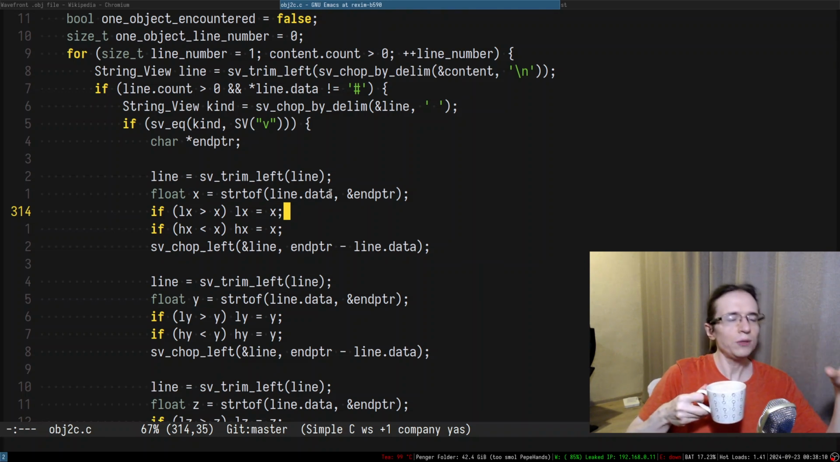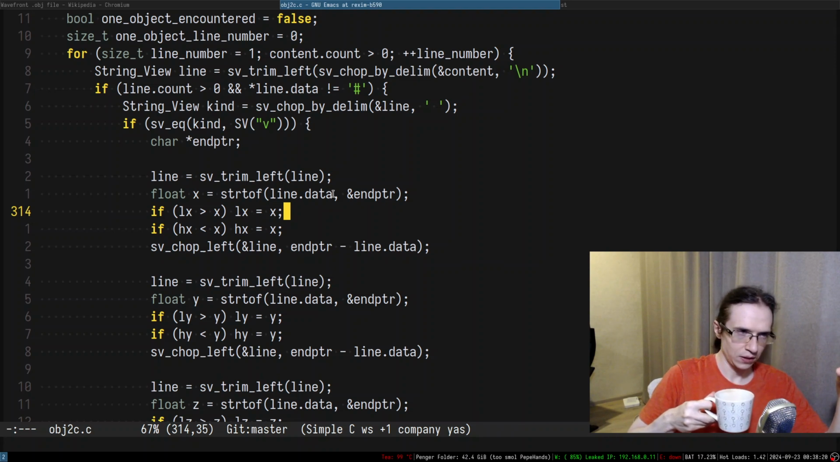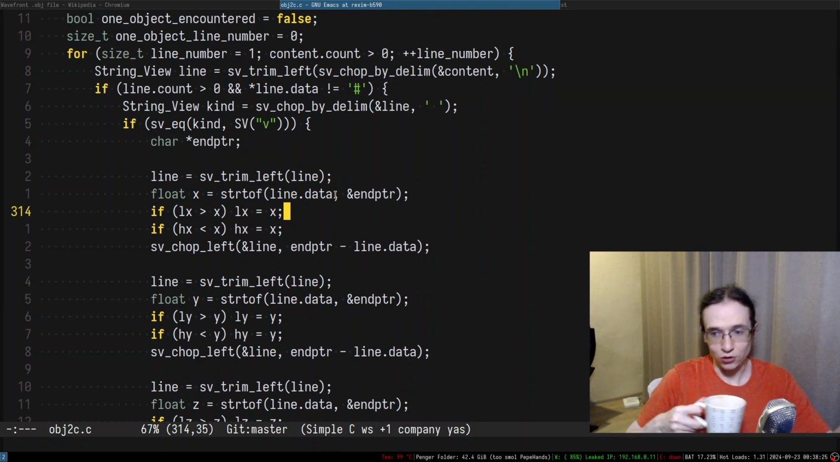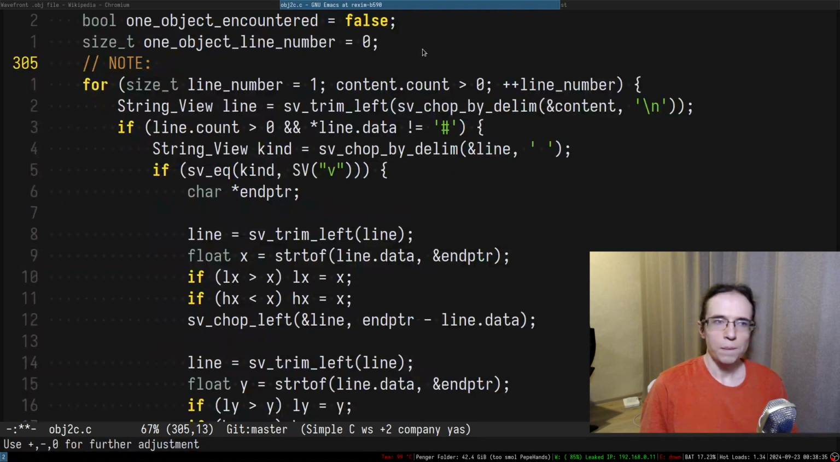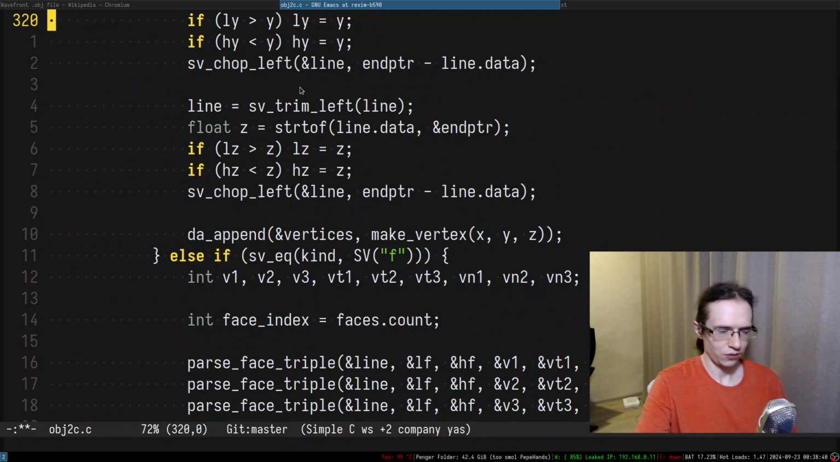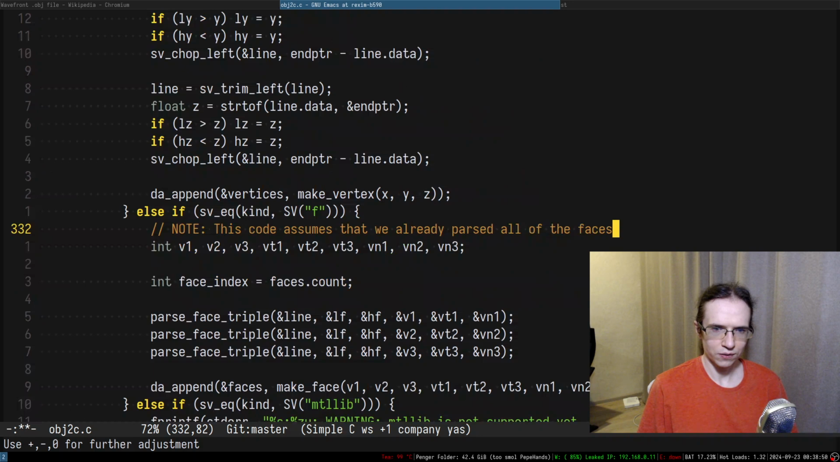So yeah, if we ever need to restructure this entire thing, it's really easy to do. But right now, we don't have any examples where it's really needed. So I think it's totally fine. Okay, so let me see, to-do maybe, note. Let's put a note in here. This code is actually kind of related to faces. All right, so let's put it like this. This code assumes that we already parsed all of the faces,